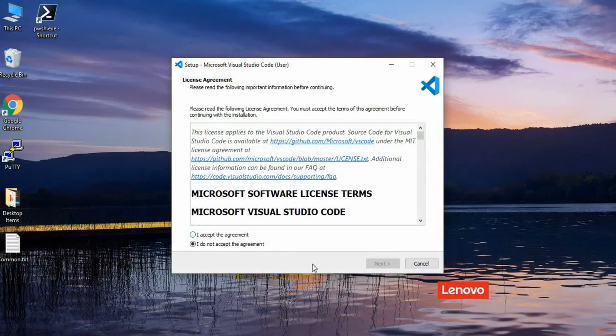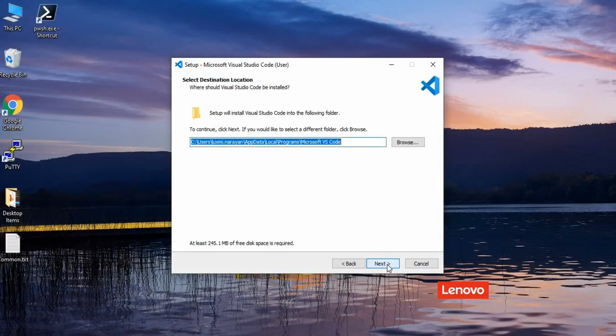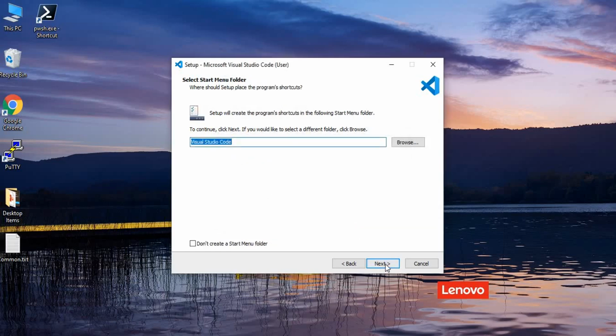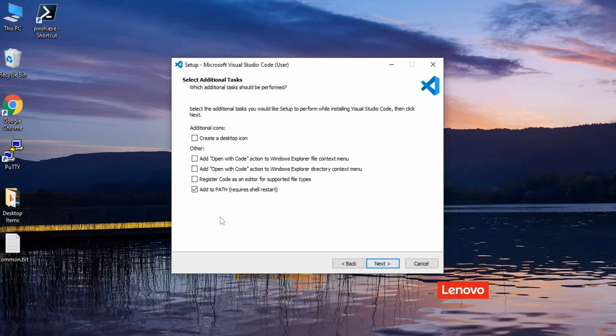Just accept the agreement and click next. We can just keep the default path. Because I installed Visual Studio Code previously, it is asking me if I want to overwrite my older folder. Yes. Next. Please ensure that this check mark is checked, like add to path, which requires a shell restart.